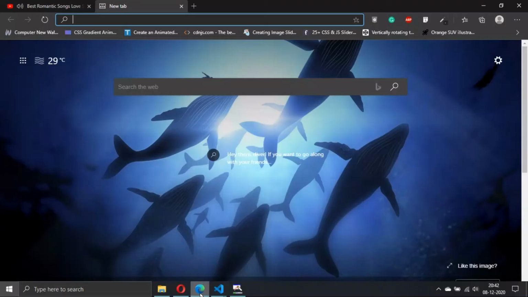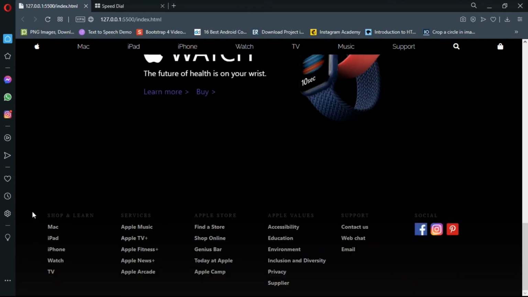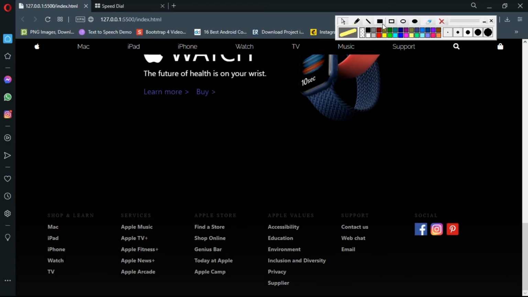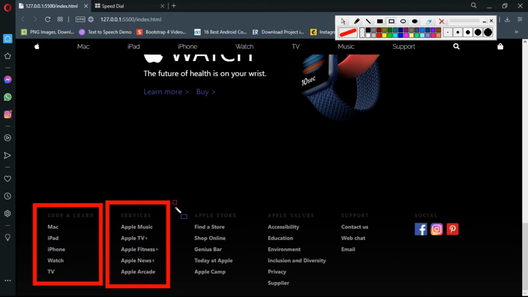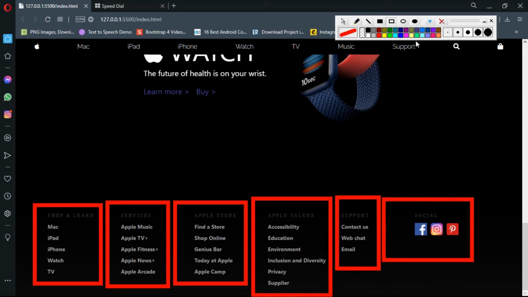Perfect. So let's go to the browser and scroll down. So this is what we're going to make, right? It's just shop and learn, services, Apple Store, Apple values. So let me explain the structure here. This will be the first COL, which is the first column, and this will be the third, this will be the fourth, this is going to be the fifth, and this one is going to be the sixth, right?